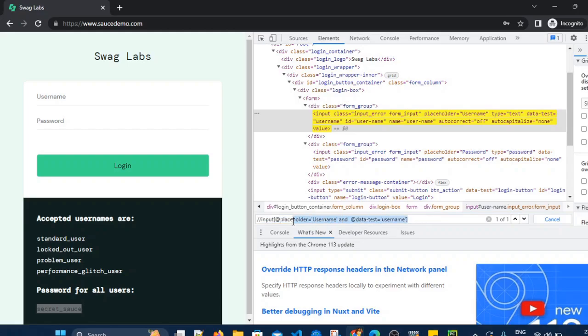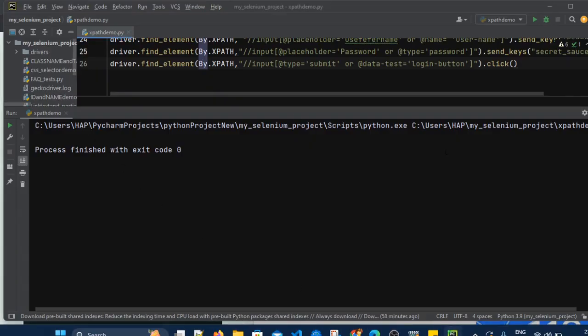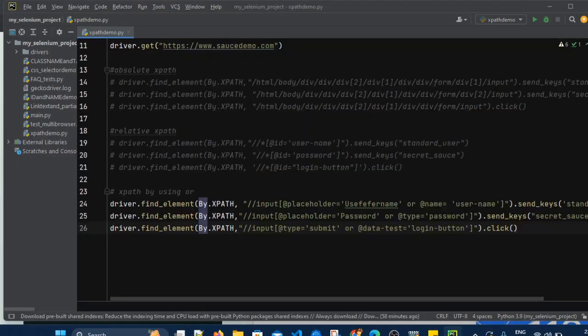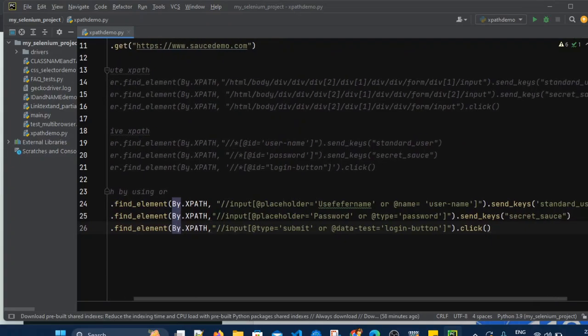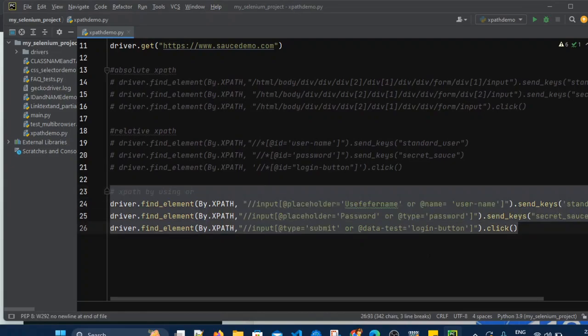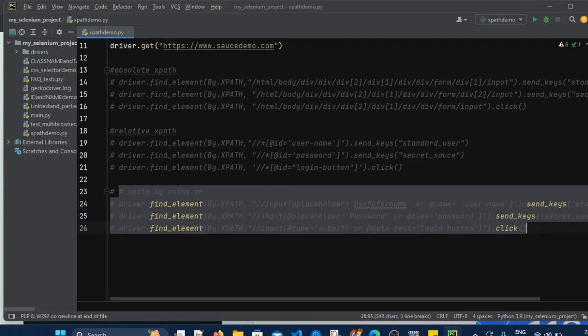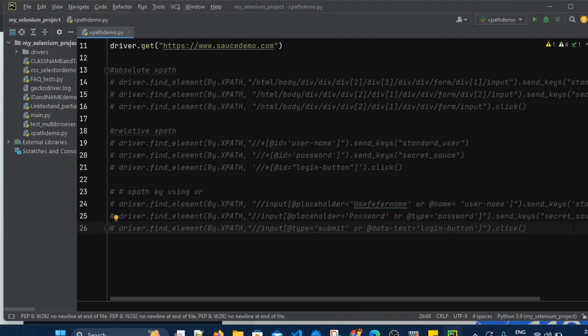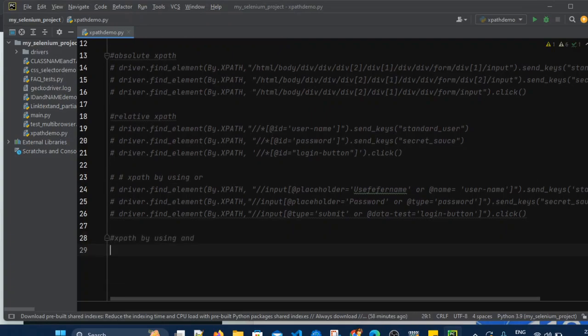So I will just use this example. I am just copying it. Let's see in our example. For AND, so this is for username. Here let's use it by using AND. I'm commenting this part of the code. XPath by using AND operator.